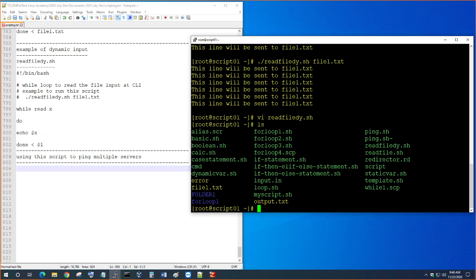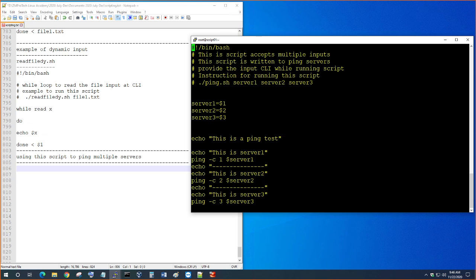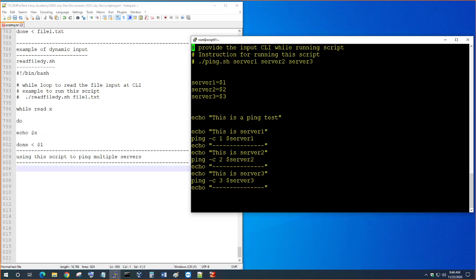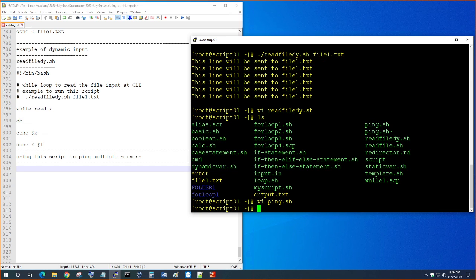So let's see what this ping is all about. So we are over here. This one is limited to servers we are putting in separately here, right? Now what I'm gonna do is I'm gonna say